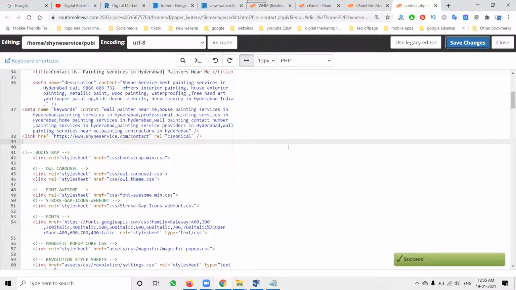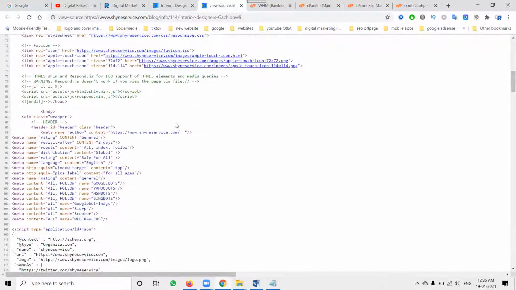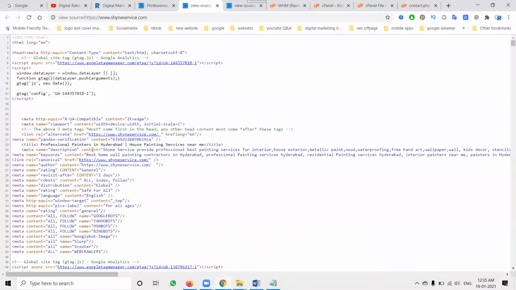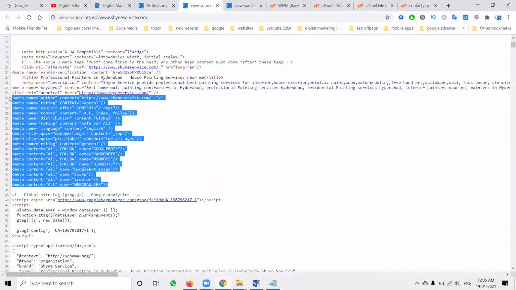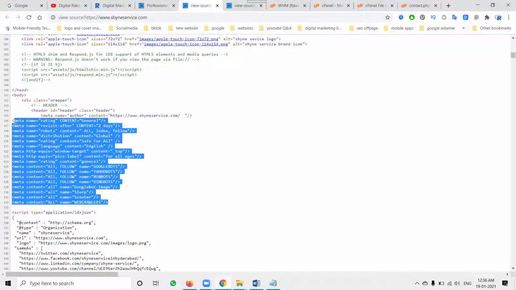Just close it. So compulsory, whatever pages you design, you can click here. You can check the code in this option. Where you upload the content will be the header, common file. Suppose if you upload for two pages, home page and header files, they repeat two times. The first time will be the footer, the second time. Only one time will be repeated on each and every page. So posting the content on common pages is most important.